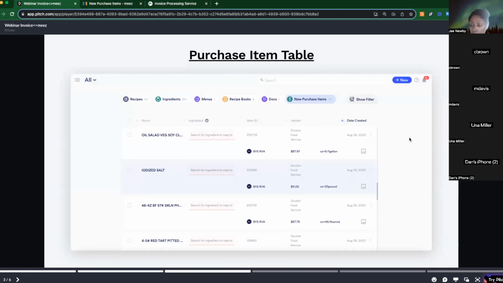I think of it almost like the receiving center. Your truck comes in with your produce for the day. You check it in off the truck before it heads to the walk-in. The purchase item table is a lot like that. You upload ingredients with costs, and in there you're able to correct stuff. You're able to link it to your ingredients. You're able to change pack sizes. You're able to delete stuff you don't want. So it's a really valuable tool, like I said, almost like a loading area